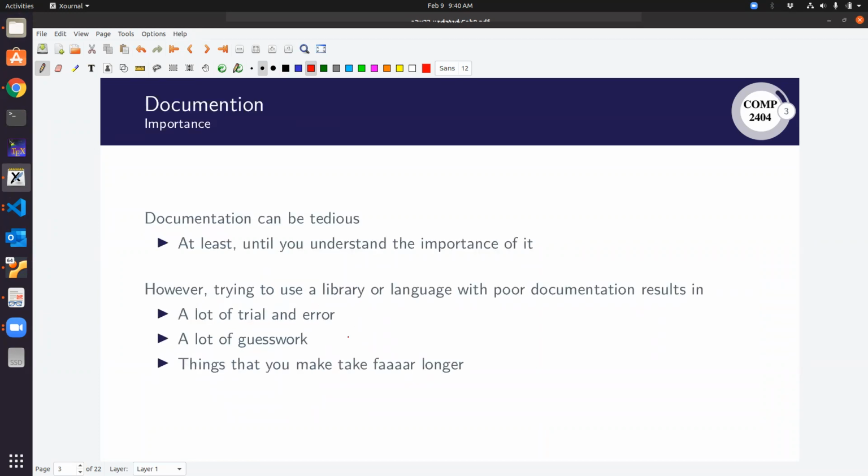Okay, so documentation in general. Documentation can be tedious. I don't want to take too much time here, but I don't come down super hard on commenting in your assignments, because I found it in the past really hard to get TAs to mark it consistently. Either I say, okay, you comment every function, and then it's easy to mark, I guess. But